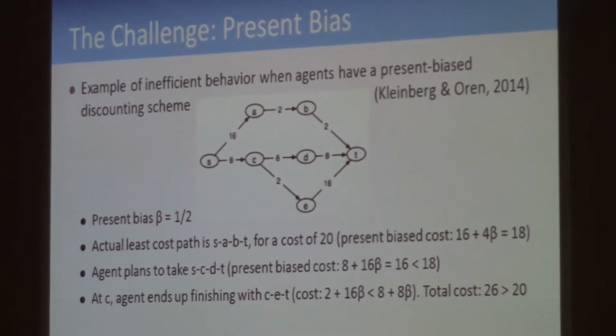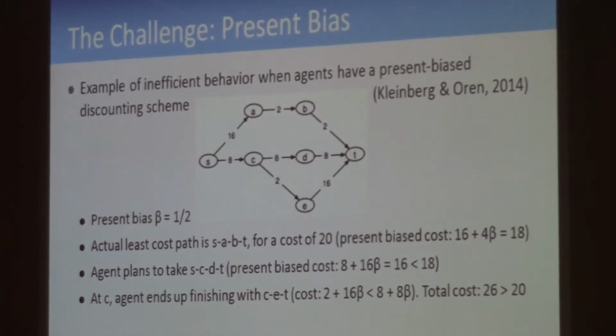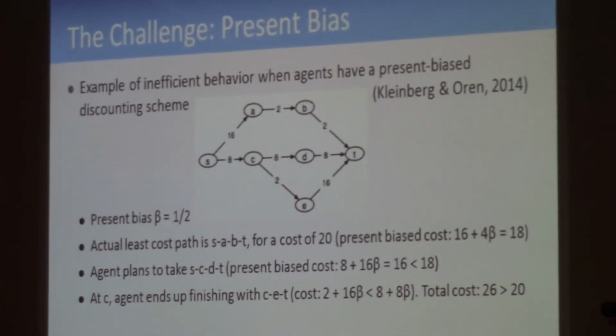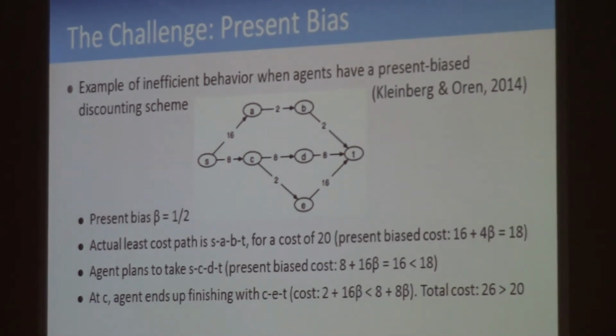The problem is that incurs a big cost up front. But it incurs the lowest overall cost. Because there's a big cost up front, a present-biased agent, you can do the math to confirm, would go to C first. That will lead to less efficiency. Again, it should then go to D, but again, it would incur a higher cost up front, which is less desirable. And so it would change its mind. It would go down to E, whereas it would go to D, then up to T. So it ends up choosing the worst path, changing its mind about which path it's even going to take. So this illustrates that agents might not behave efficiently.